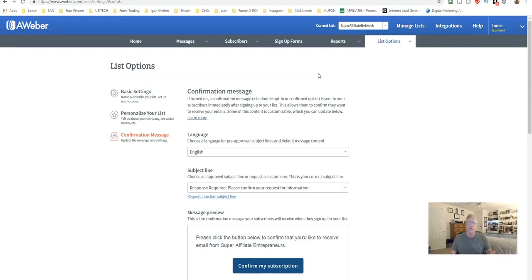And there are some other ones out there. I know SendLane is one of them. I think there's now something called SendShark that I've seen with an opportunity. There's quite a few actually out there to be using, and you can check them out. But Aweber's very reasonable in cost, has a lot of capability, allows you to do everything you need to do in your business building efforts, and have subscribers you can relate with, correspond with, and build your business.